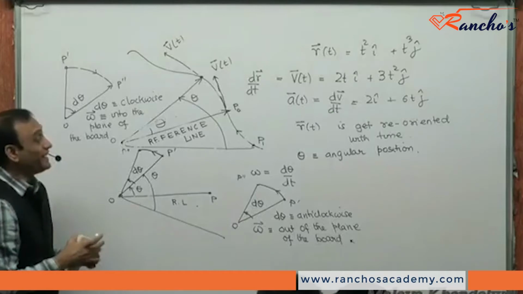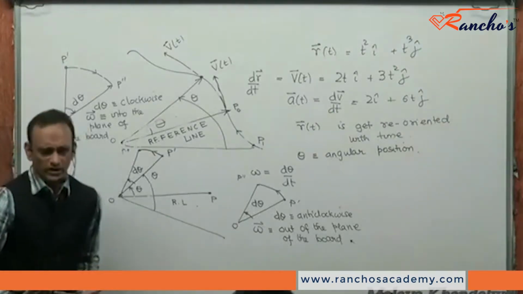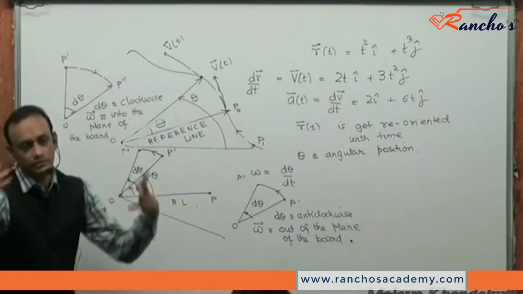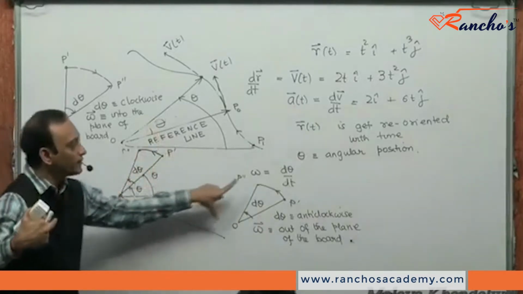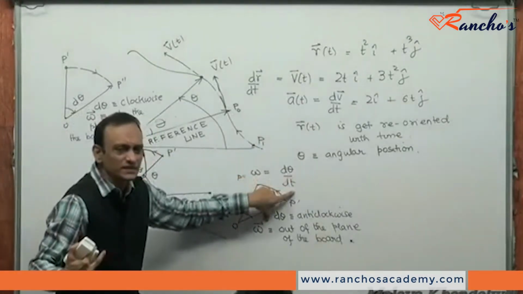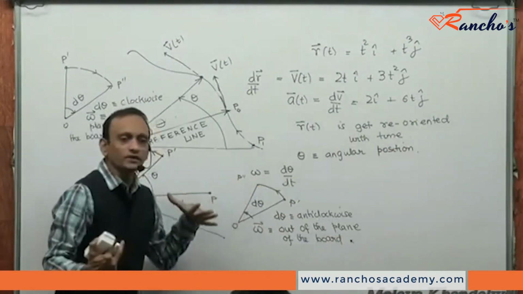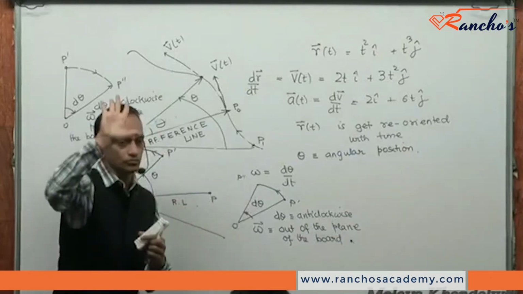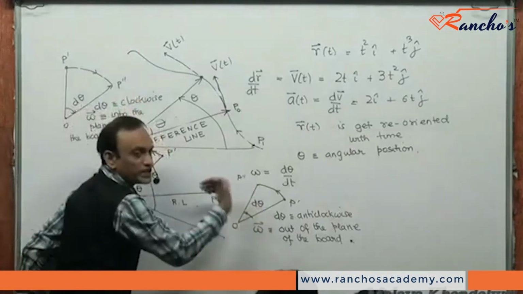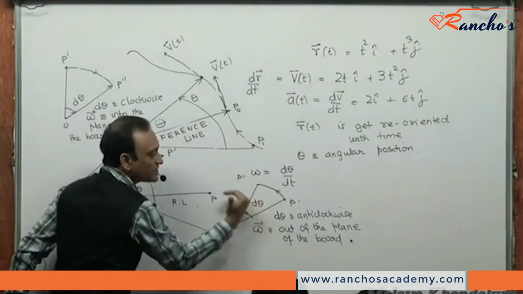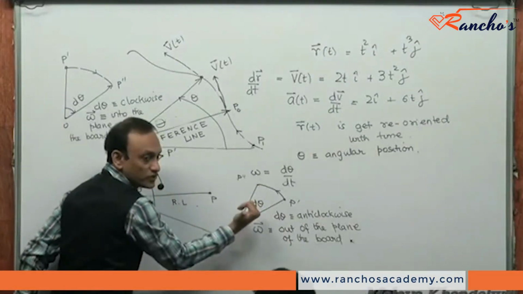So very clearly, angular velocity is a vector. We look at angular velocity in a planar sense only right now, not in a spatial or 3D sense. The rate at which theta changes with time is the magnitude of angular velocity. The direction is obtained by the right hand rule. Observe the sense in which the reorientation is occurring. In this case, theta is changing anti-clockwise. Curl your fingers in that sense and observe your thumb.